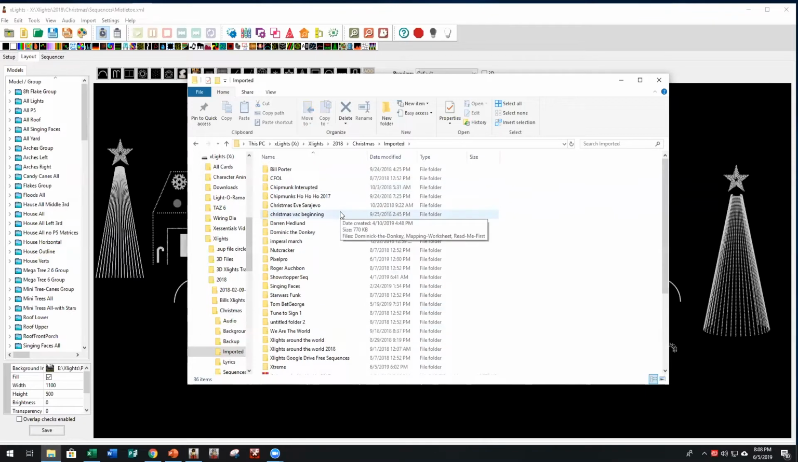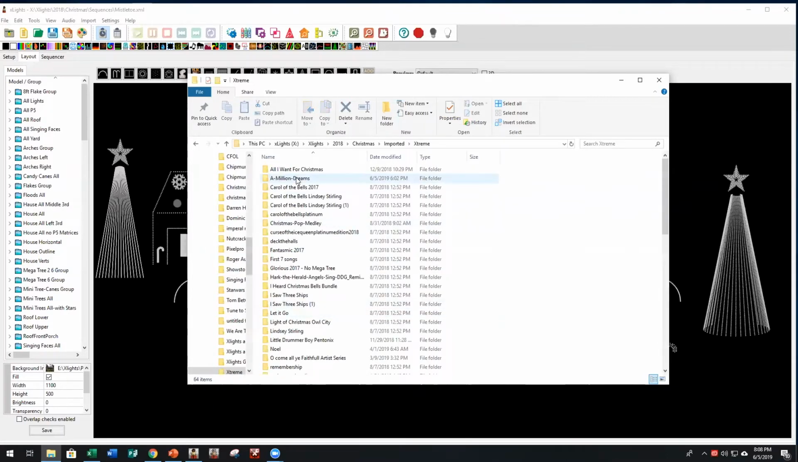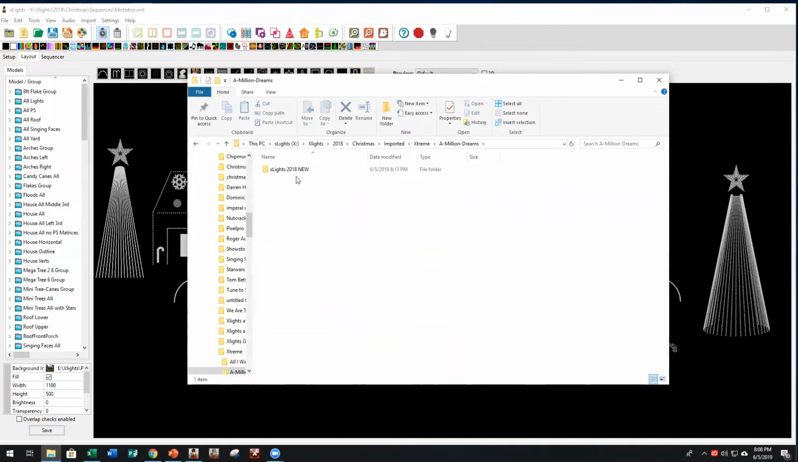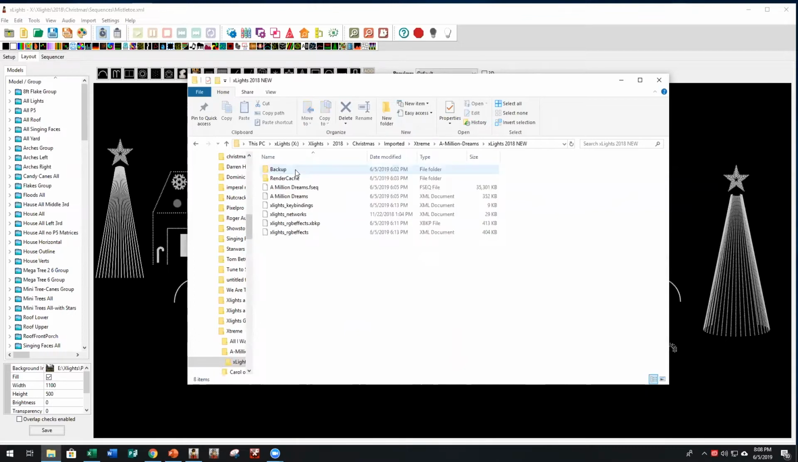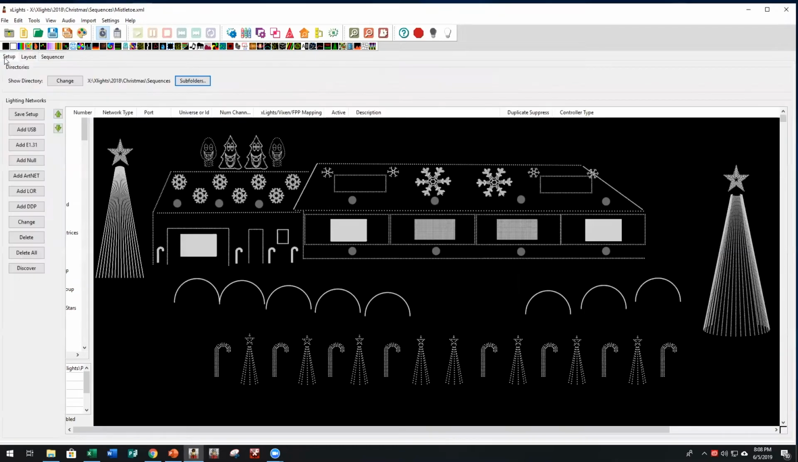So, for example, let's go to an Extreme Sequences song. I'll go to my Extreme folder, and we'll do A Million Dreams. Now, if you click through it, you'll see the key bindings and networks and stuff like that from the imported file. When they send you the file and package it up, you're essentially getting their show network. So what you need to do first is take your xLights,